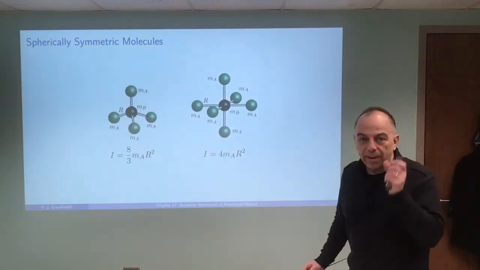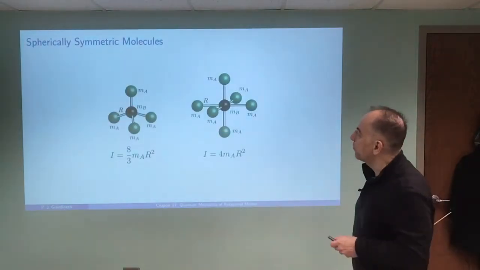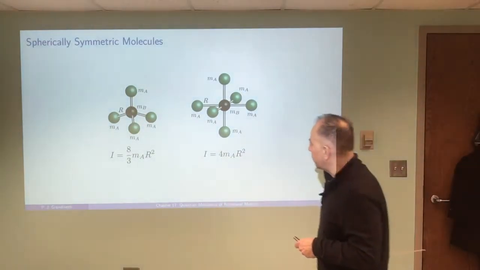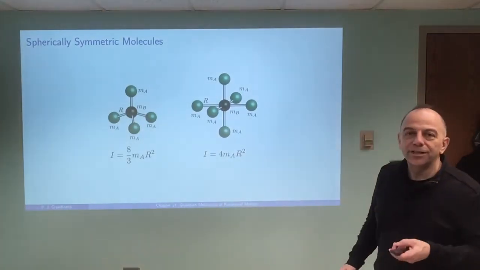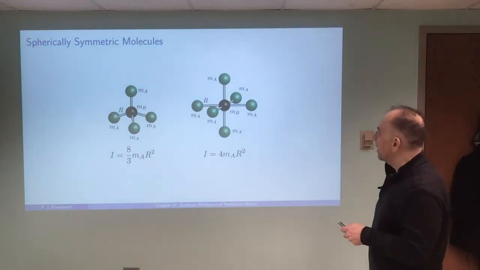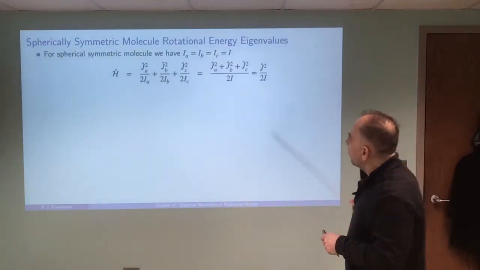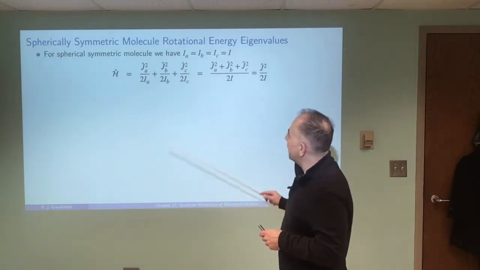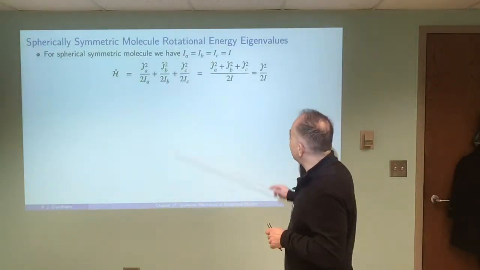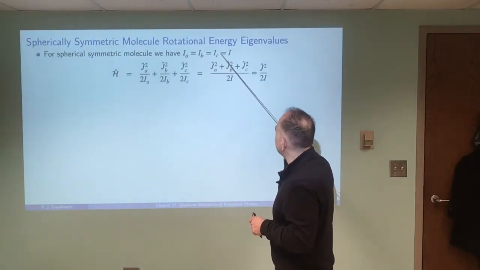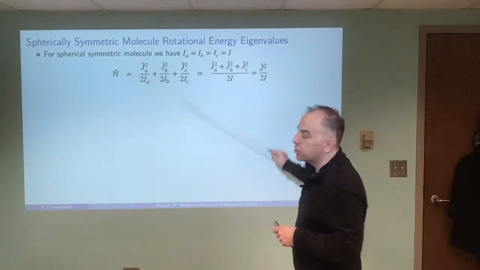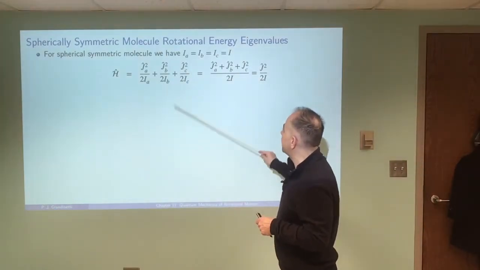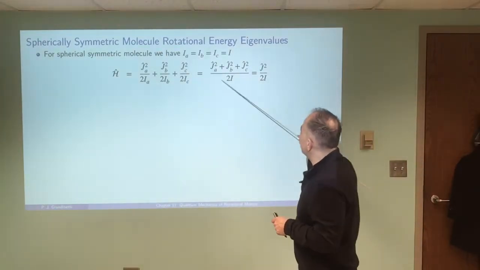So let's start by looking at the solutions for the spherically symmetric molecules. So I just pulled up this little graphic here to remind you of a couple shapes that are spherically symmetric. Now, we start out with our Hamiltonian as before, but now in this spherically symmetric case, we know that A, B, and C are equal to each other, so we can assign just one constant. And you can see that when we set all of these equal to the same constant, this expression simplifies down